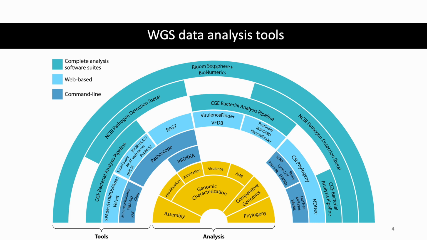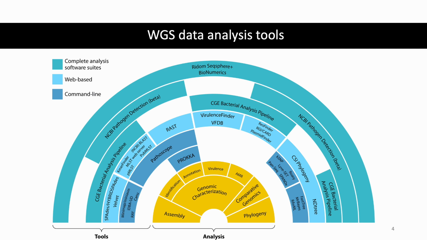Numerous software packages and workflows have been developed to facilitate the analysis of the sequence data, as you can see in this slide. Different steps in the analysis of next-generation sequencing data are shown in orange, for example, the assembly, the genomic characterization, comparative genomics, and phylogeny. Moreover, analysis tools are grouped by the analysis steps that they perform and are separated by user interface in shades of blue. For example, some of them do the complete analysis, some of them are web-based, and some of them